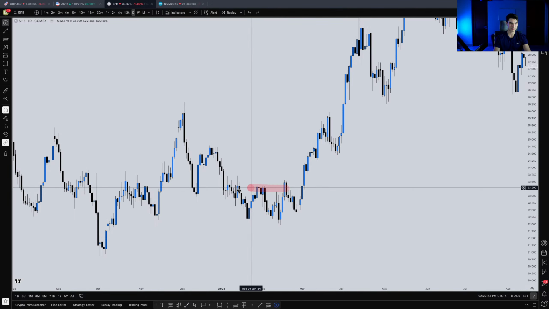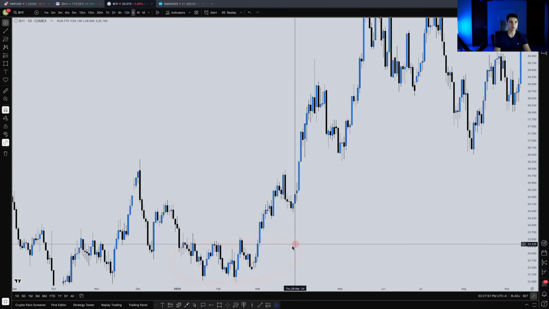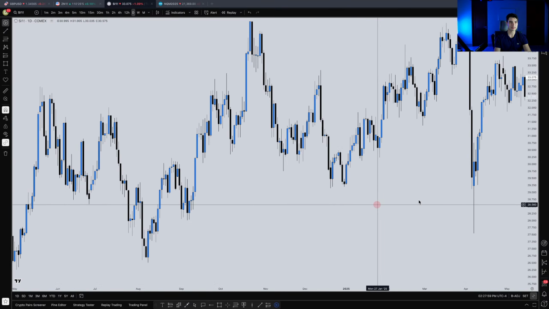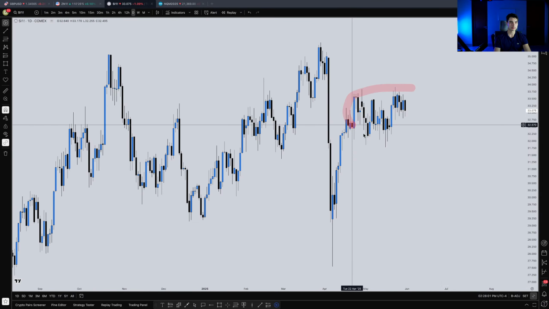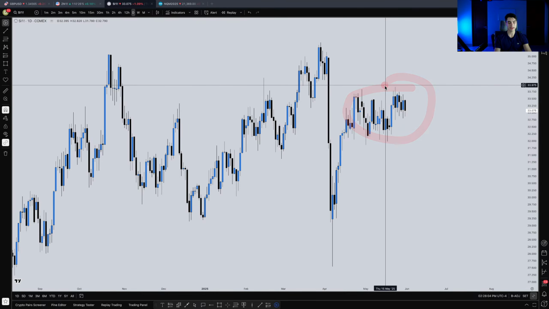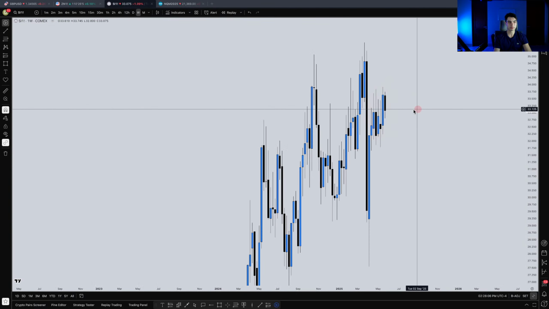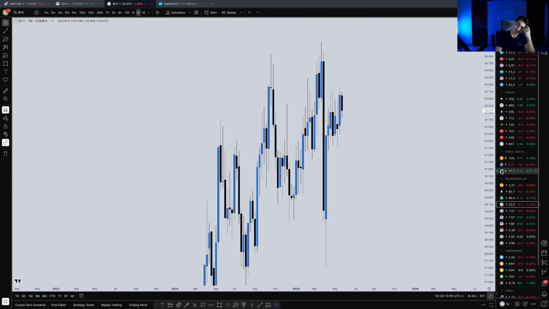So when it's consolidating, don't try to kill yourself in there trying to trade that. Wait for it to expand, and then that will give you the cleaner price action to work with. And that's essentially where we're at in here. So don't have much to add for silver. Same thing as last week, right? We're still watching this up close candle here, but nothing's changed for this market.